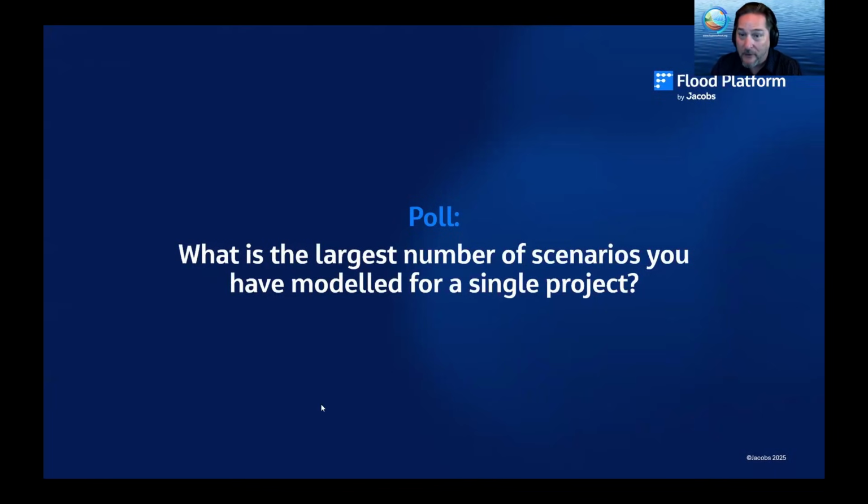Let's start then with Sam. What's the largest number that you've ever put into a single project? It's probably too many to count. I actually prefer not to think of the ones where it's lots. But I think one of them where I had about 800,000 simulations we needed to, but by using pragmatic tools and thinking about what our problem was, we only needed to run 100. So that's what I call success.